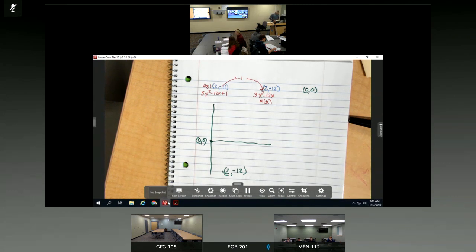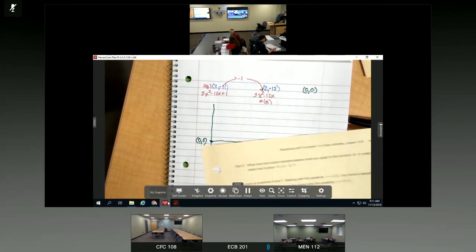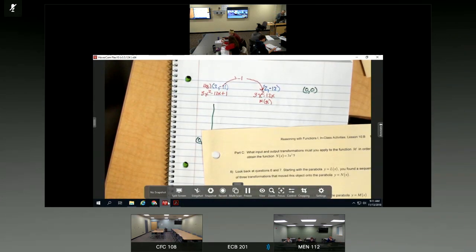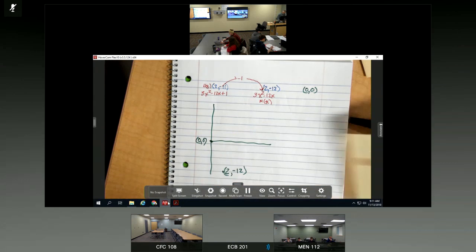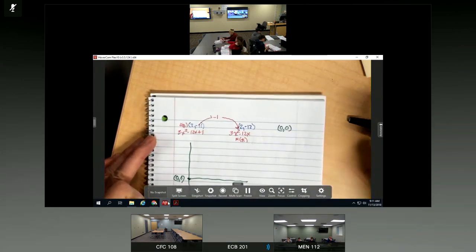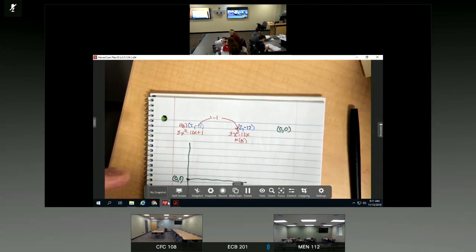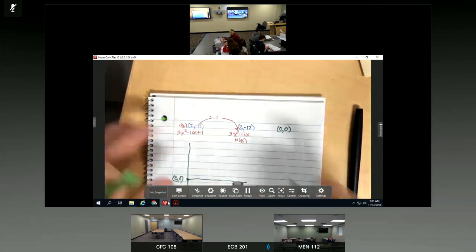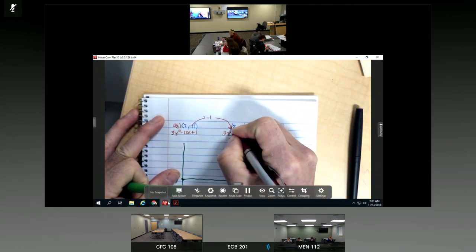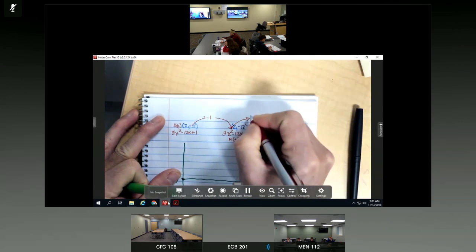What transformations must you apply in order to obtain the new function 3x squared? Let's do it in 2 steps. I think that will help us. So let's shift the output